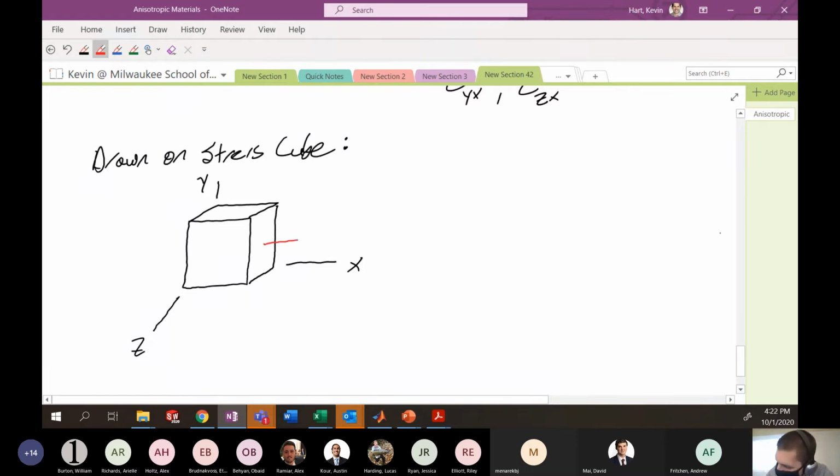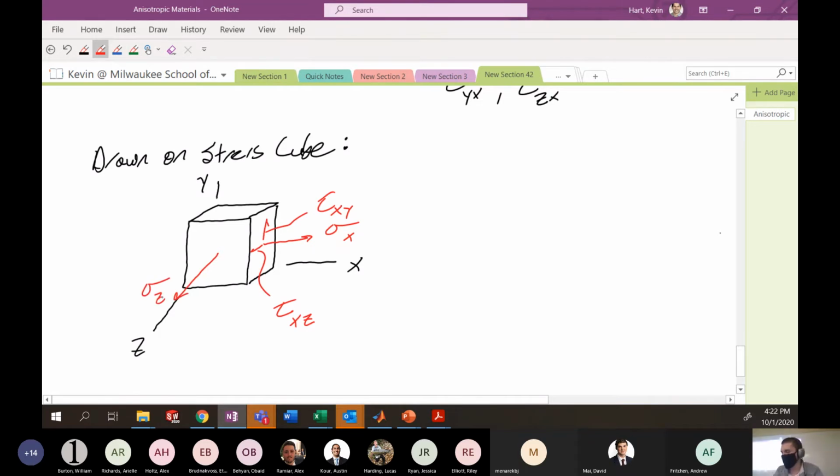So if I cut through the YZ plane, I can calculate sigma x, and I can calculate 2 shear stresses here, which are tau on the x face in the y direction, tau on the x face in the z direction. If I cut in the xy plane,